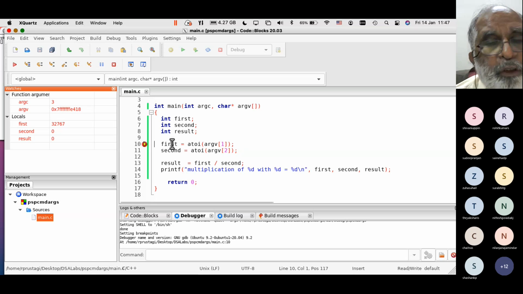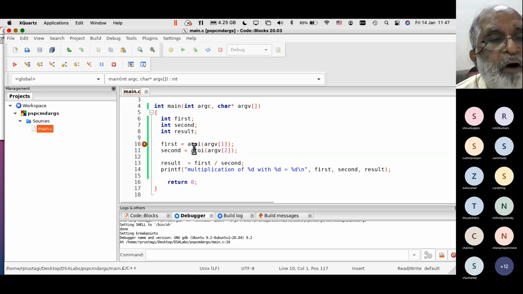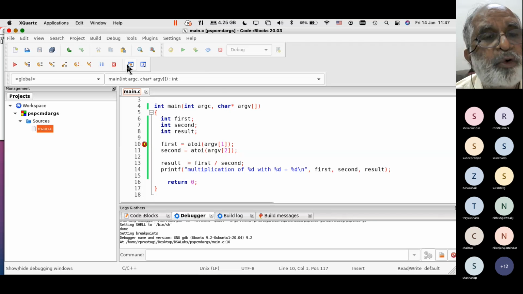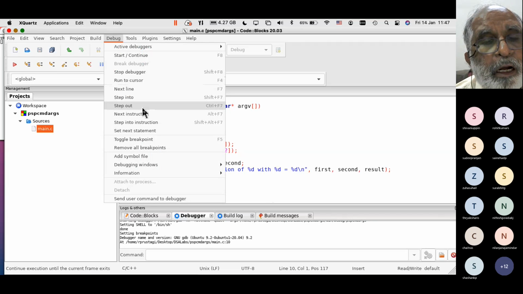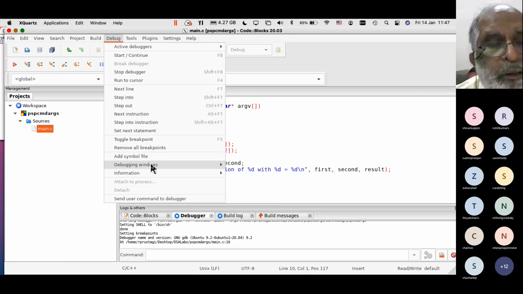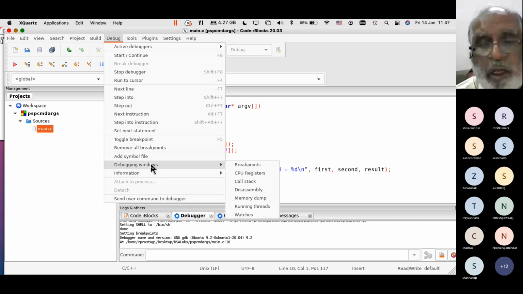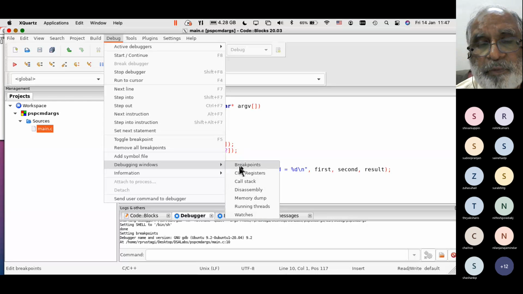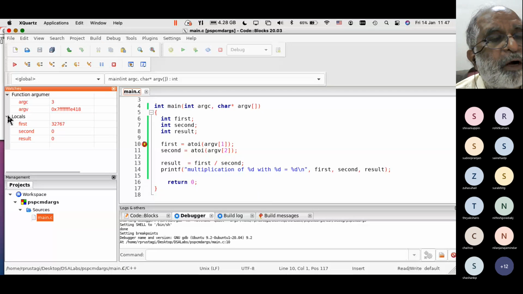As you can see this arrow marker, that means my program is stopping here right now. This is called the watch window. You can see what these values are in the program. How do you get it? Let me close this. How do you get the watch window to see all the variables? You can go to debug, and you'll see debug windows and watches. So let me do it again. Select debug windows, select watches, and you see a watch window will come in, and you can see the values.